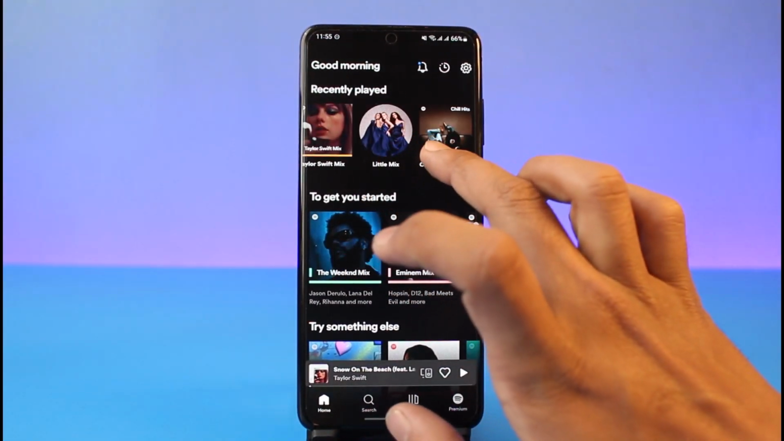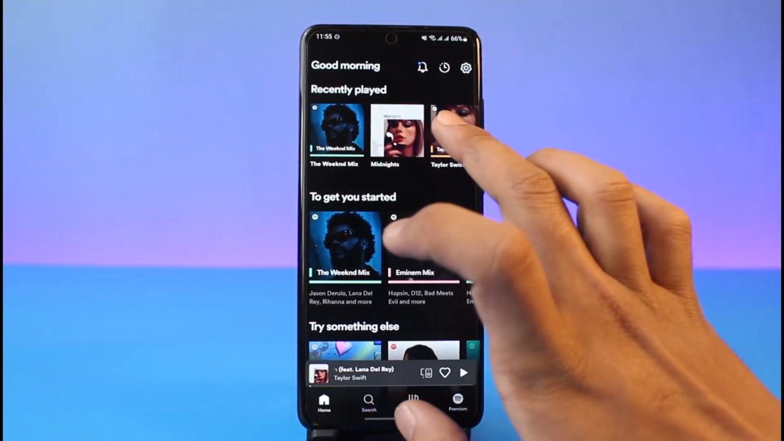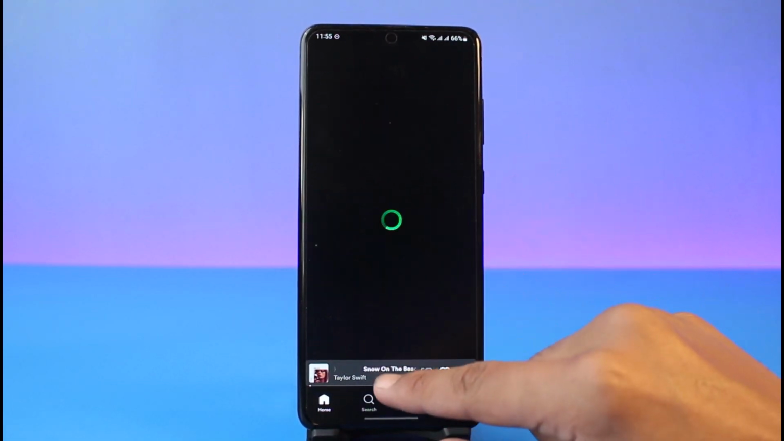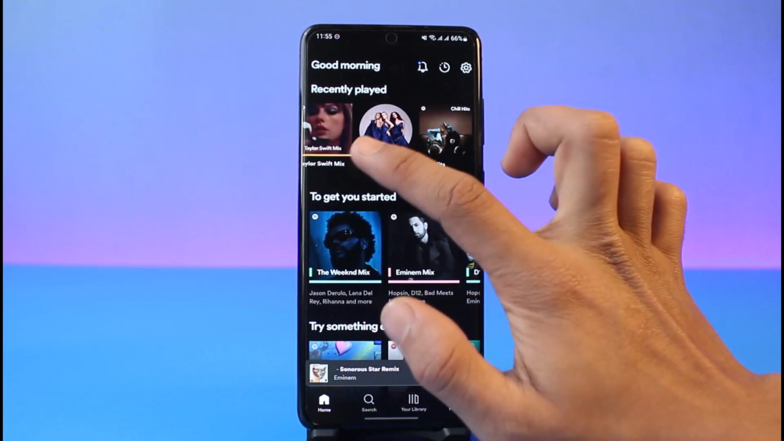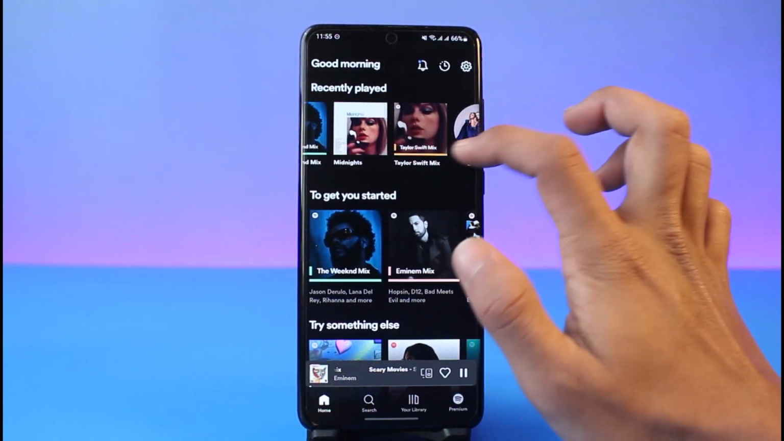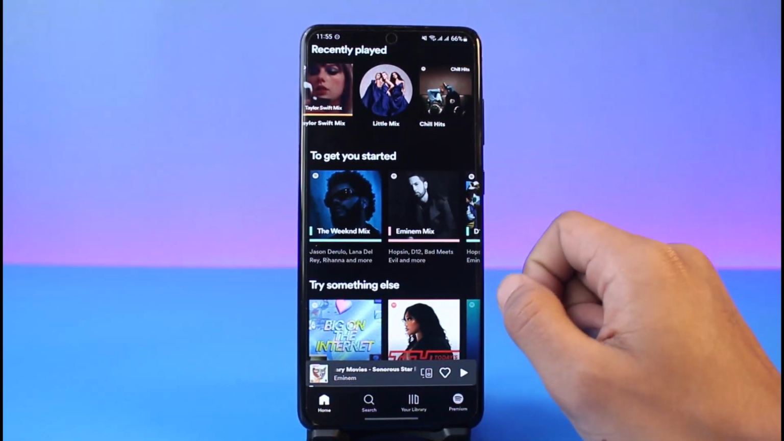The recently played feature shows up to at least 12 songs on Spotify. So currently I've listened to this. If I just go ahead and add some more to the list, I'll be able to find those over here as well. Before it was 12 and now it's only 6. In order to fix this issue, Spotify does not allow you to